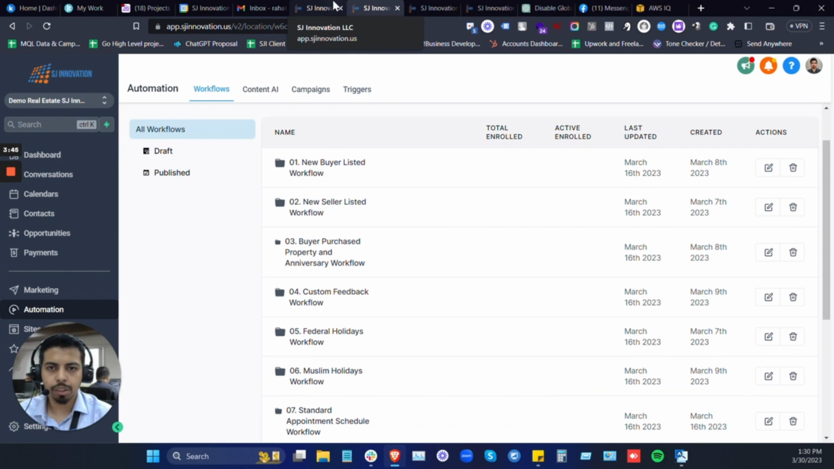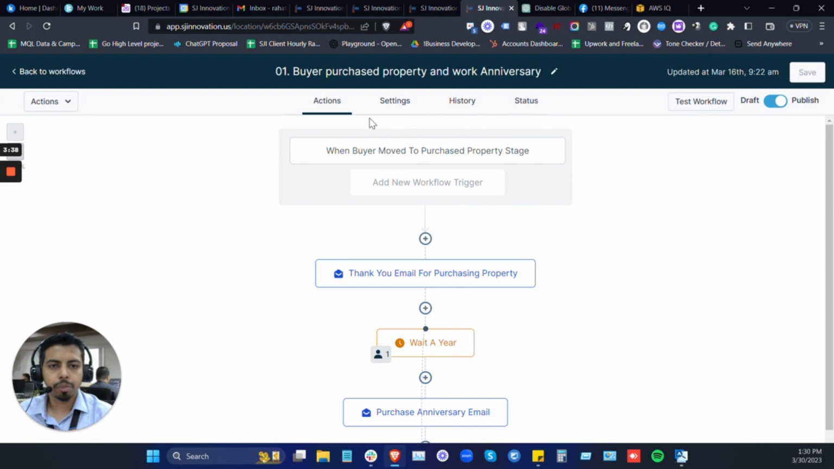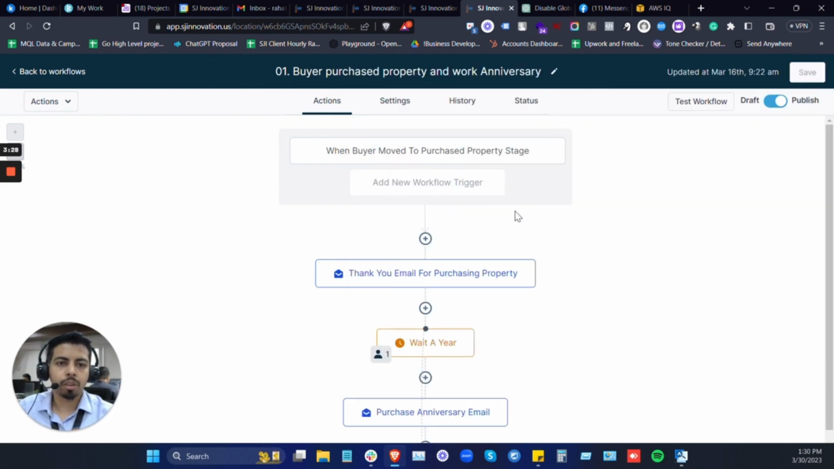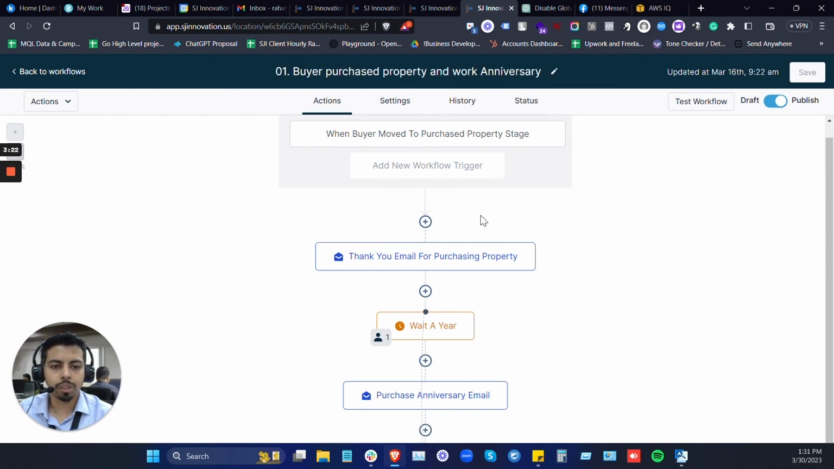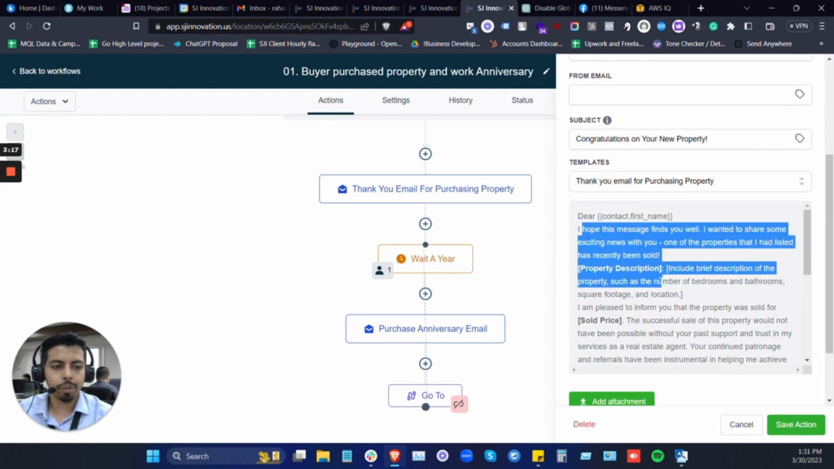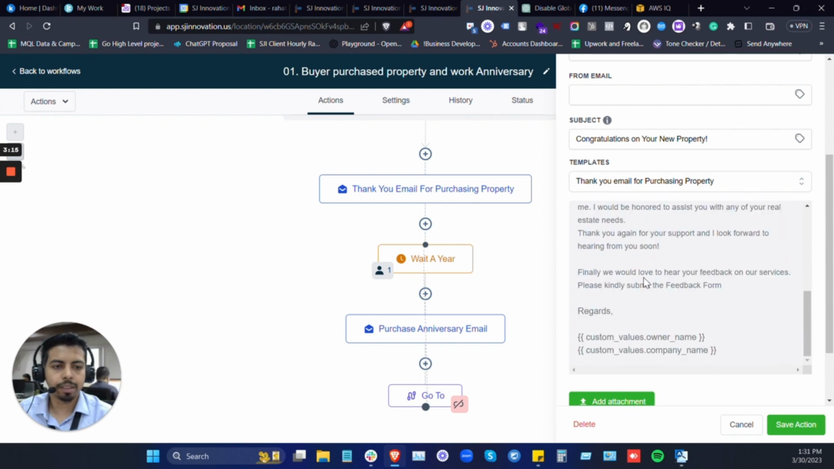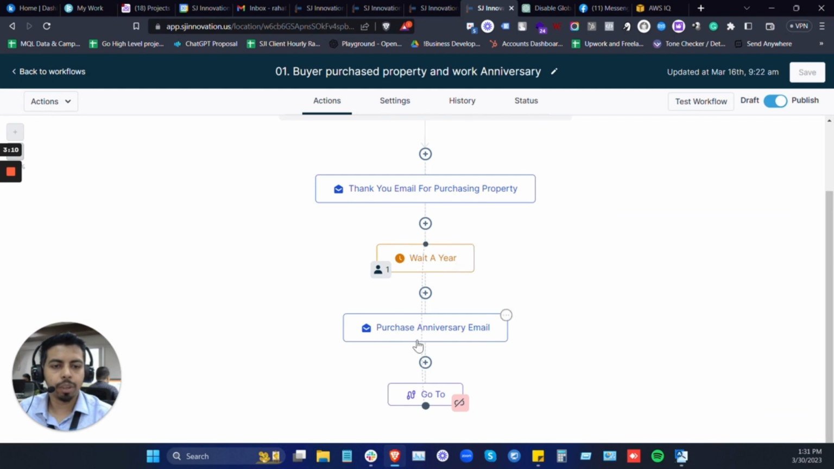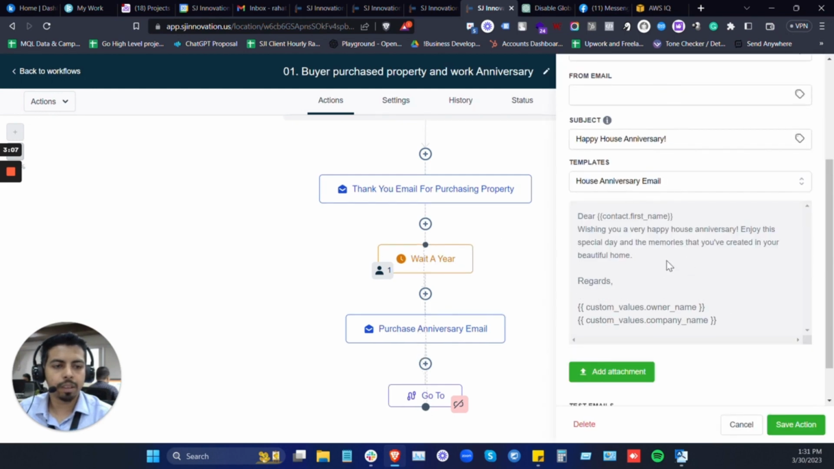I would like to give you some examples of how we have set up those automated emails. First of all, I would like to show you the buyer purchased property and work anniversary. What happens when a buyer purchases any property from you? They will directly enter into an automation sequence. Initially they will receive the first email, which mentions the property description, sold price, and related details. Once it is done, it will wait for a year,